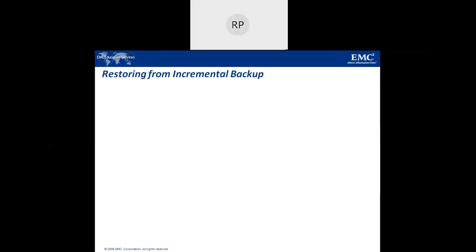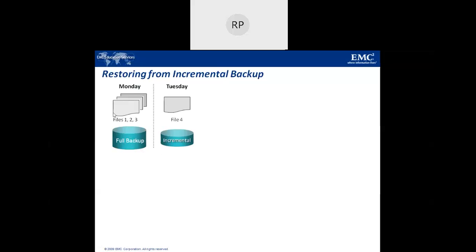Now next is how restoring from incremental backup occurs. For example, in full backup, if you have 3 files, this is the full backup which is taken on Monday. On Tuesday you have taken a backup of file 4, which is created on Tuesday. On Wednesday you updated file 3.